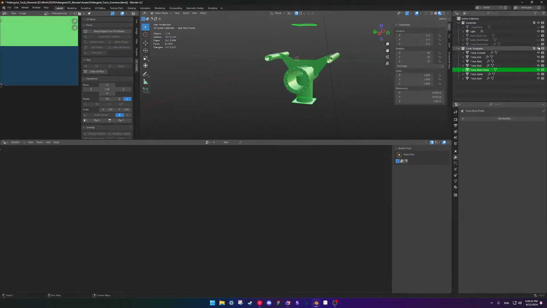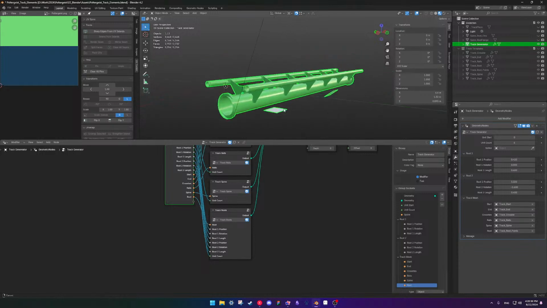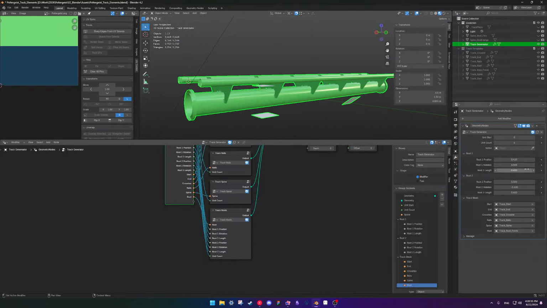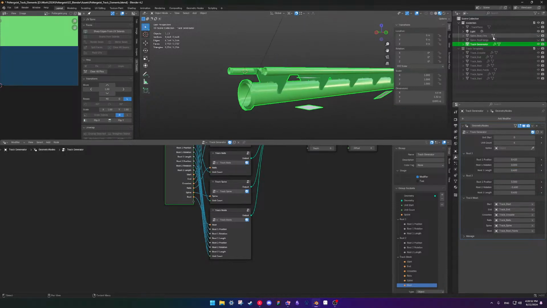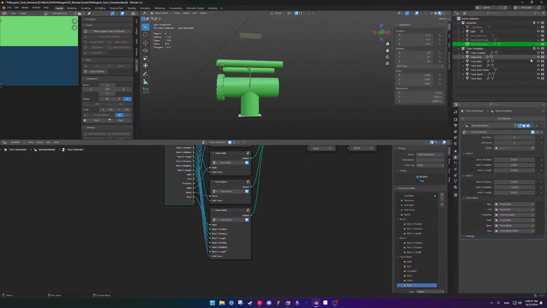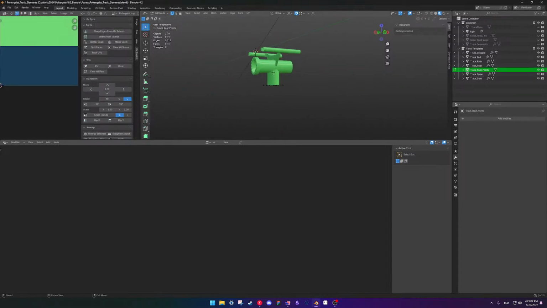Let's try that. Ooh, don't like that. Actually, I think I do like that. Let's go to root points. Gonna delete that up there.